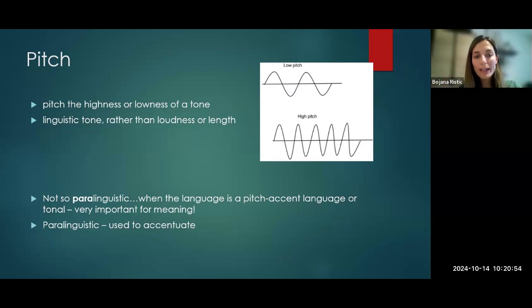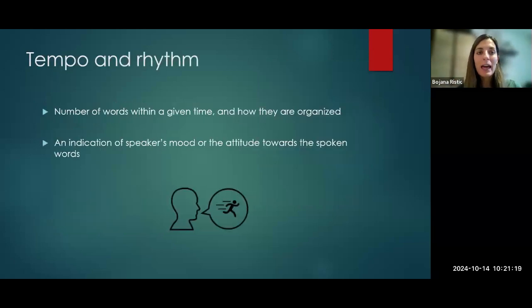And we all know that intonation can change the same sentence a lot. So if I say, it is raining, and if I say, it is raining, it is a completely different meaning. This is the pitch on the level of the sentence. So you can see how changing my voice with the same linguistic material can mean a lot.